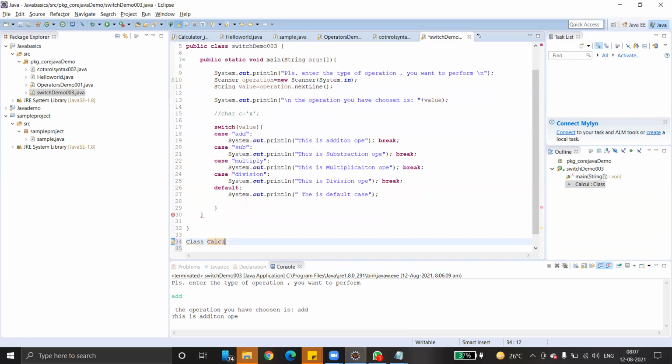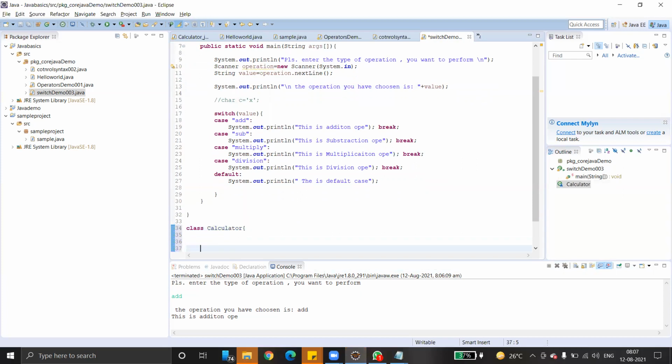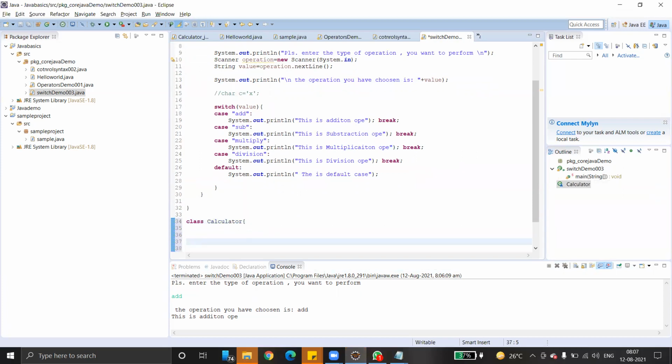This is a small c. Careful with these namings, syntax and all. Just write a function here. What function actually? So public void addition.